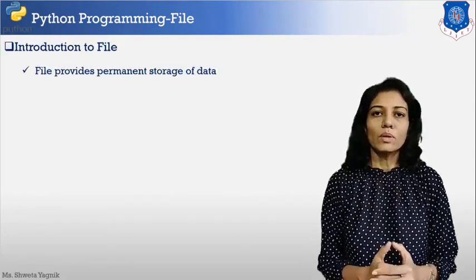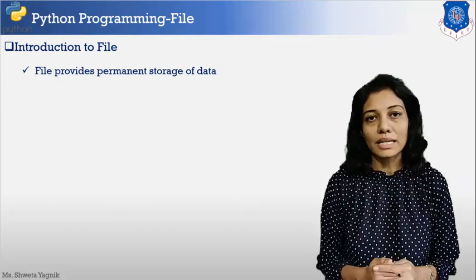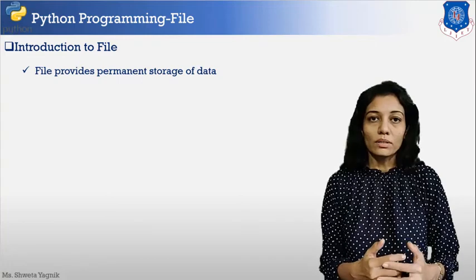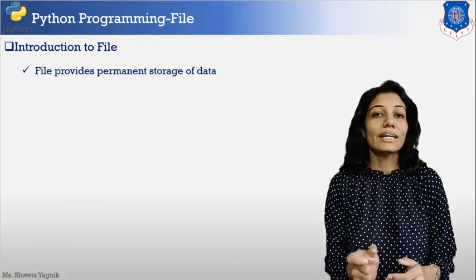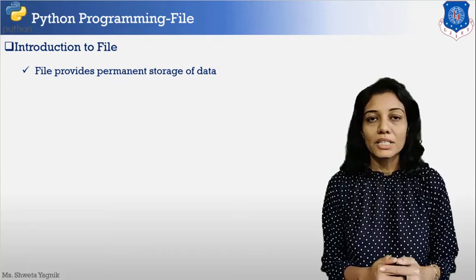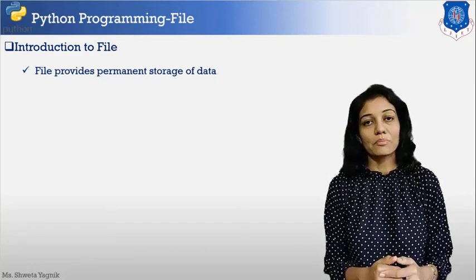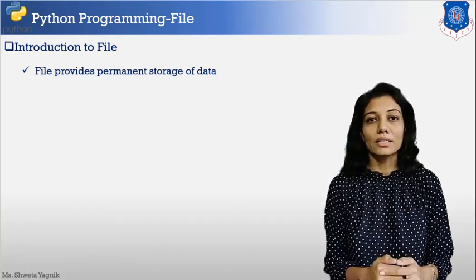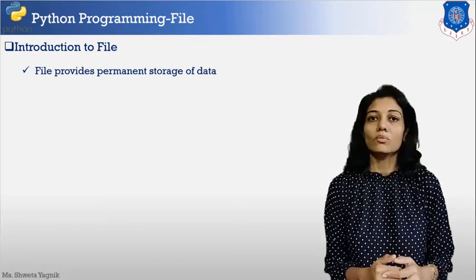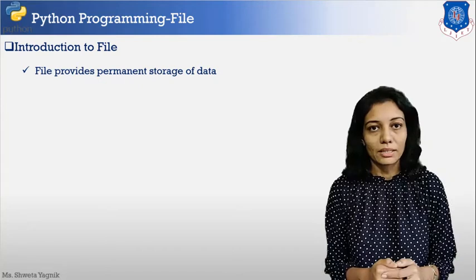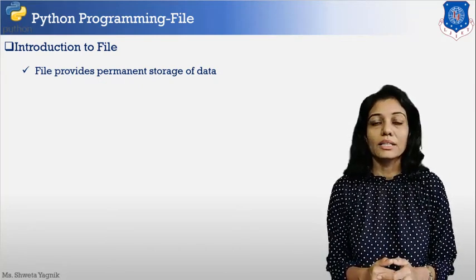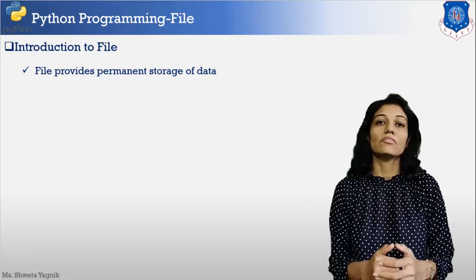Before working with files, we will understand why we require a file. When we code, we store our data in variables, but as soon as we close our application, that data is lost. That means variables provide us a temporary storage for our data. But what if we want to store our data permanently? If we want to give persistent storage to our data, then we can store it in a file.